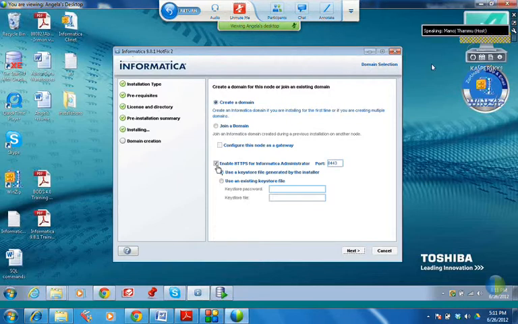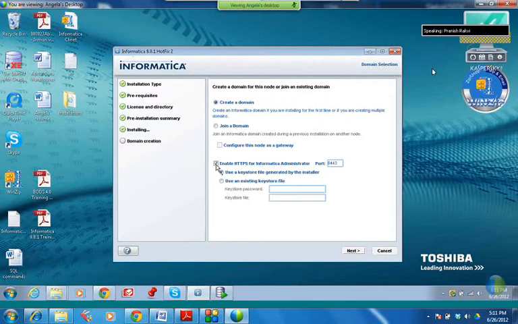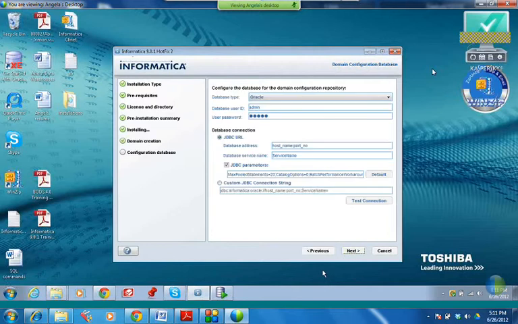Can you select this one? Uncheck this one, please. Yes, this folder. Can you uncheck this option? Enable HTTPS. Okay, alright. Okay, click on next. So from here onwards, you need to proceed as I mentioned to you. As per the video, you have to go ahead. Okay, all right. Thank you.